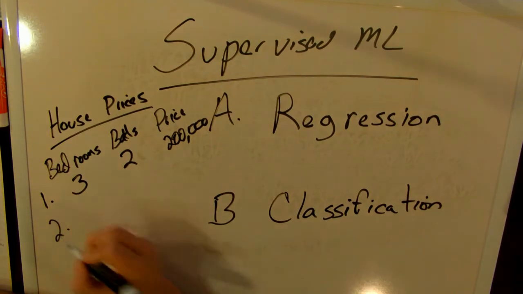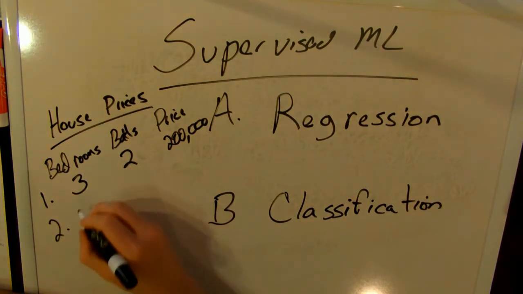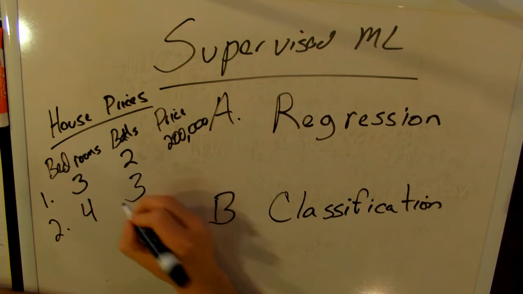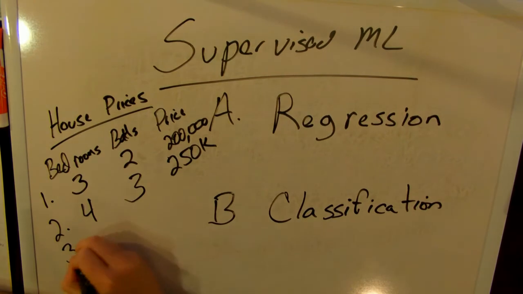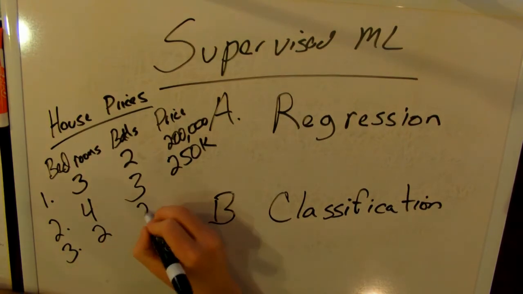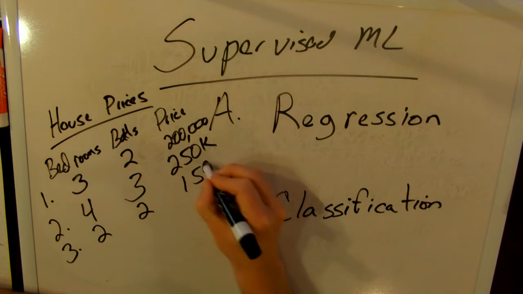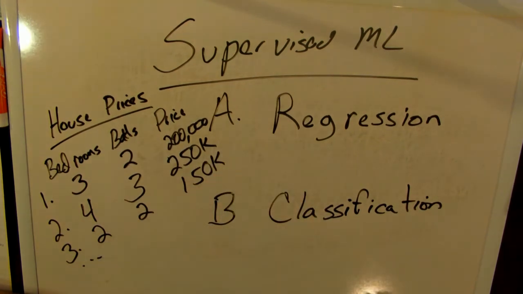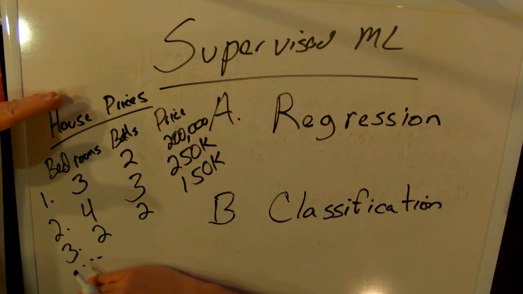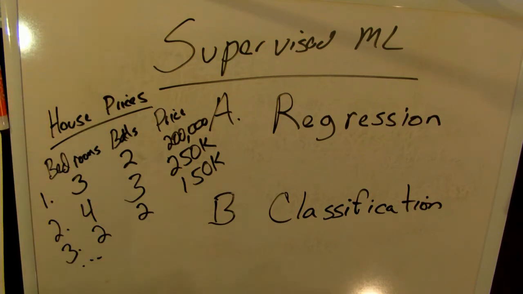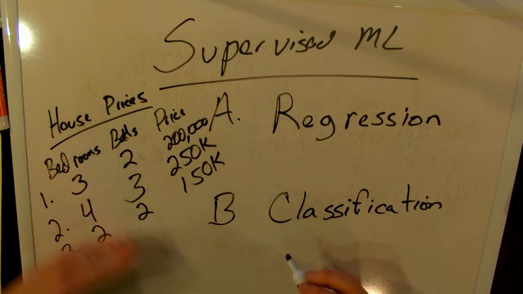And then another house that was recently sold had 4 bedrooms and 3 bathrooms, and it sold for $250,000. And then there was another house, it had 2 bedrooms and 2 bathrooms, and went for $150,000, and so on. So what we can do is show the computer all of these historical property transactions, or housing transactions, house sales. And what the computer will do with a regression problem is learn from these and